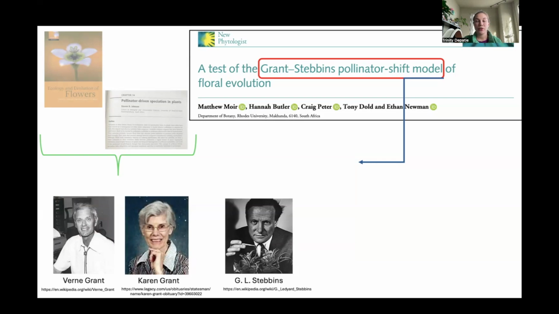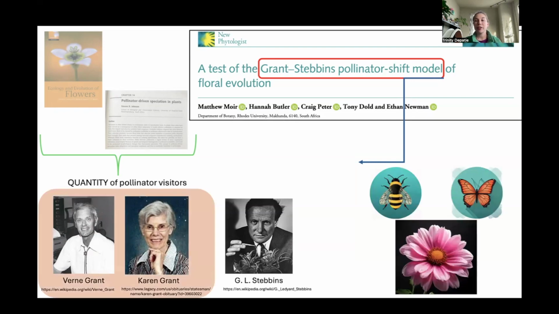And so these guys are evolutionary botanists, and they focus on plants because it's really amazing how pollinators, all different types of them, can apply selection pressures to subsequently cause evolution of plant form and function. Vern Grant really focused on the fact that the quantity of pollinator visitors might determine whether a plant evolves to a different form. Let's take this example that I have here in the bottom corner, where we have this pink